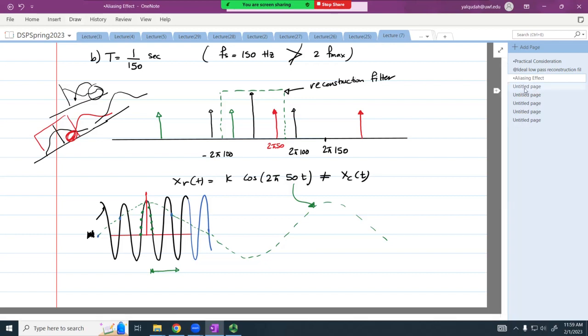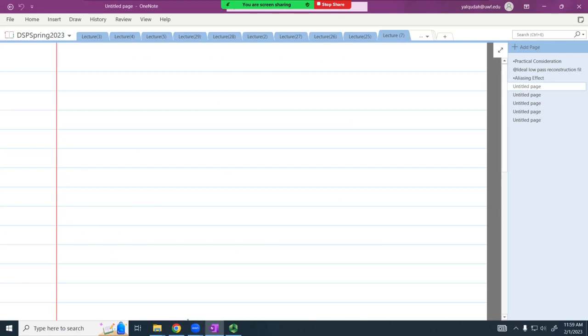Okay. Now, just to finish this topic, one method or one technique we can use to visualize what happens with aliasing, alias frequency or aliasing frequencies,